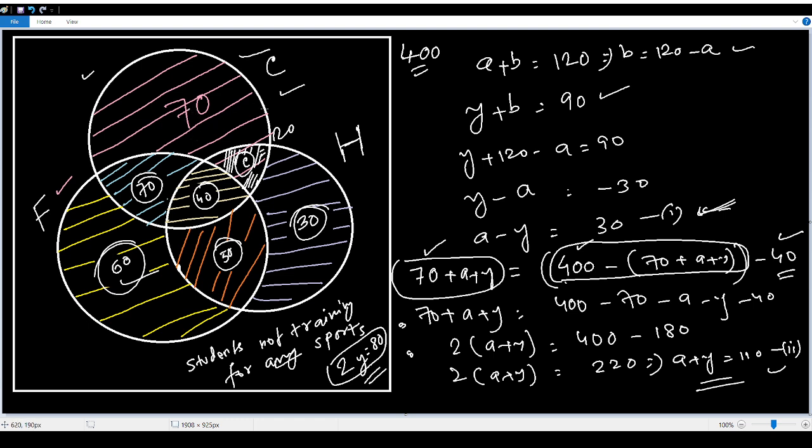See, so only cricket, only cricket is going to be 70 minus 20 equals to 50. So now we are able to find out how many people are playing only cricket. Earlier we didn't have that capability. That is the reason why we used info 2 to find out this information. Did you understand? So 50 plus 30 plus 60,